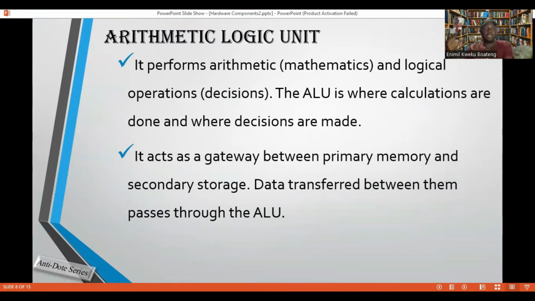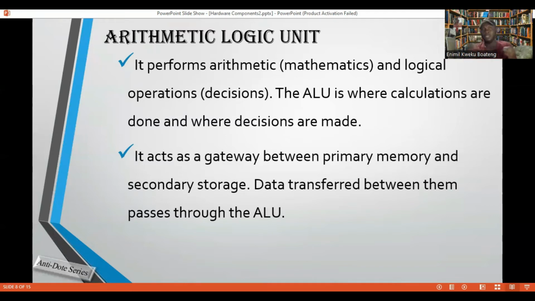They need logic, and then arithmetic: you have your plus, minus, your multiplication. So the ALU performs arithmetic, which is mathematics, and then logical operations, which are decisions. The ALU is where calculations are done and where decisions are made. The second function is that it acts as a gateway between primary memory